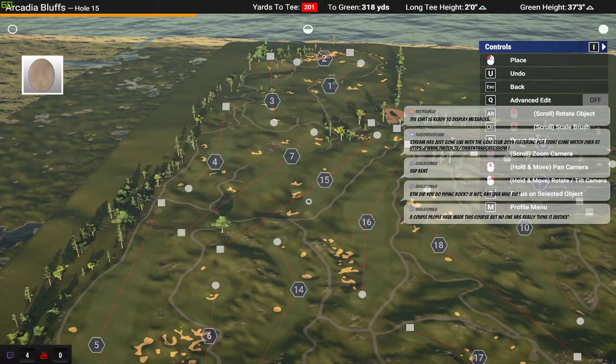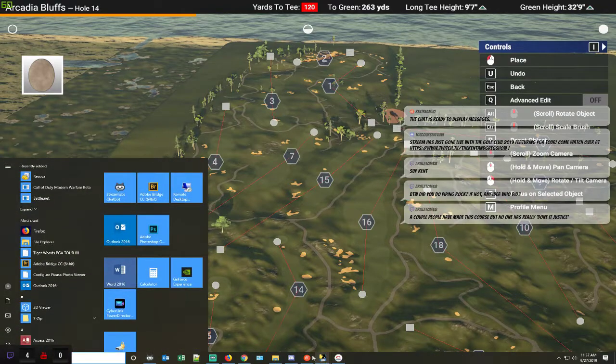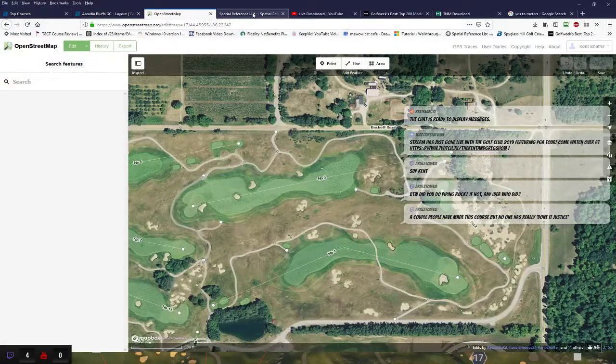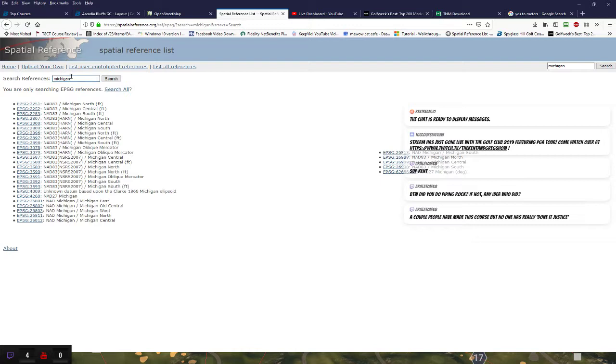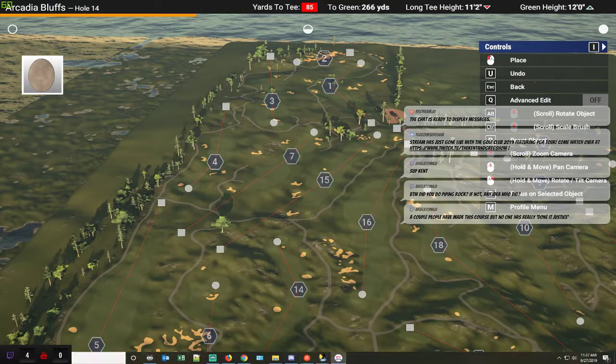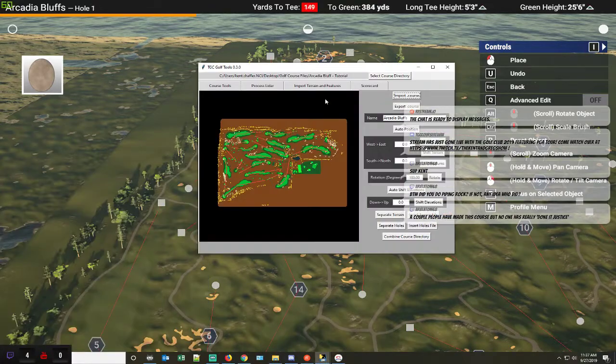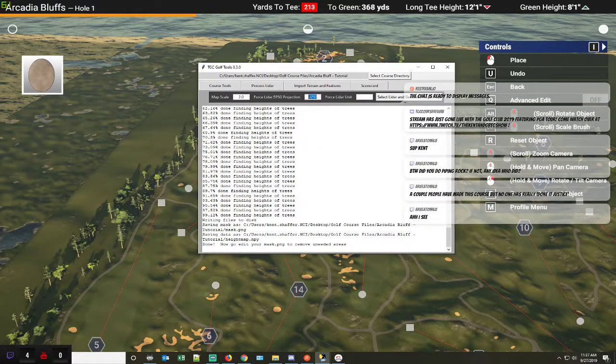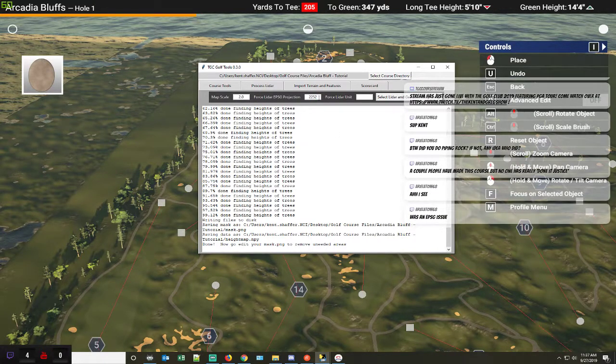And that's all about that EPSG number. You need to go back to that website that I showed you, spatial reference, and do a search for the state. It's only for US. Find it and just start putting these numbers into Chad's tool right here. Okay, and if you put a number in here, and this is very important, if you put that number in there,